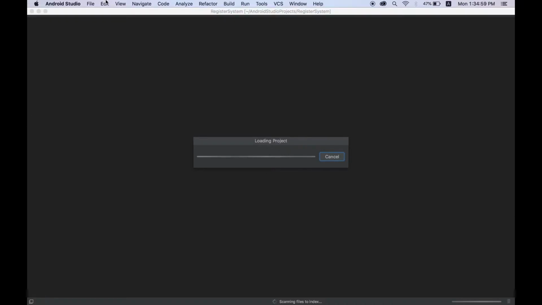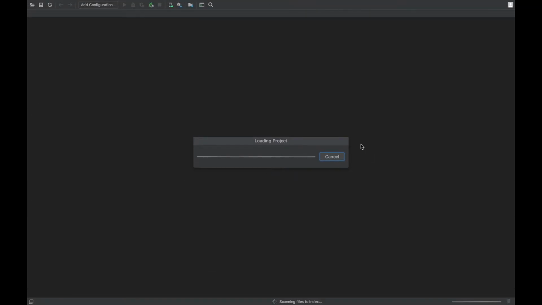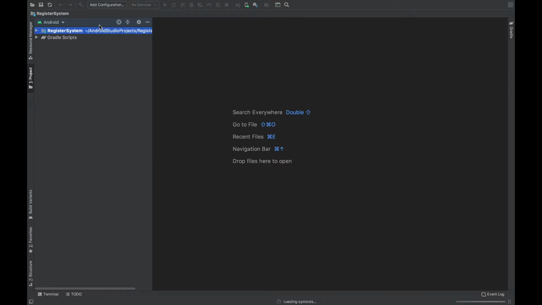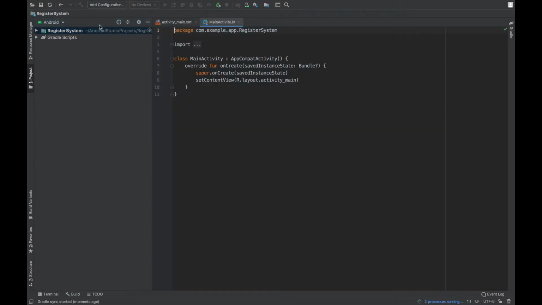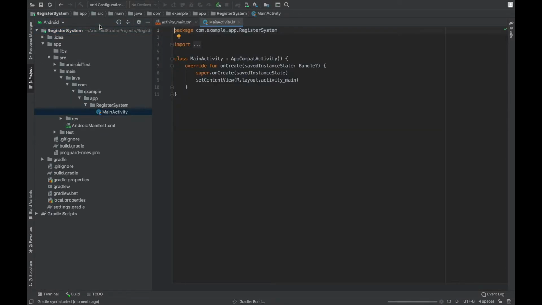Now it will take some time to build the project, and leave it as it is, because at this moment don't alter the options. In the very bottom you can see the background task Android is doing.